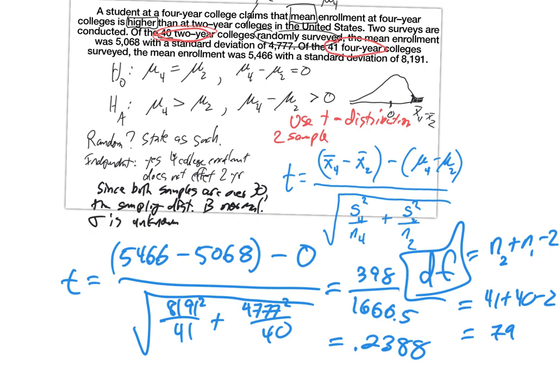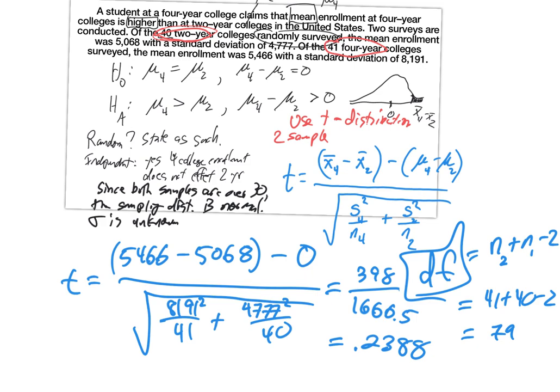So then if you would go to the applet page for the t-distribution, applets down to t. I'm doing it on my laptop, that's why you don't see it on the screen. If I do degrees of freedom 79, and a t-score of 0.2388,